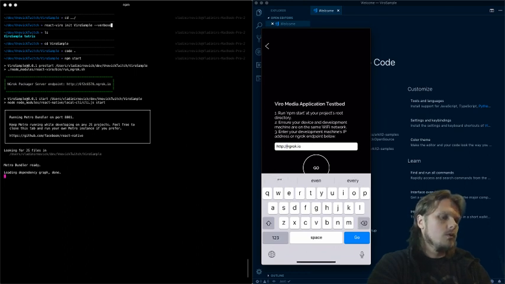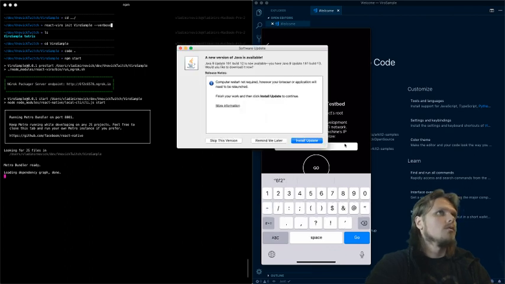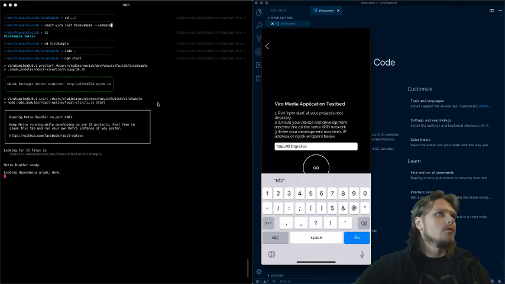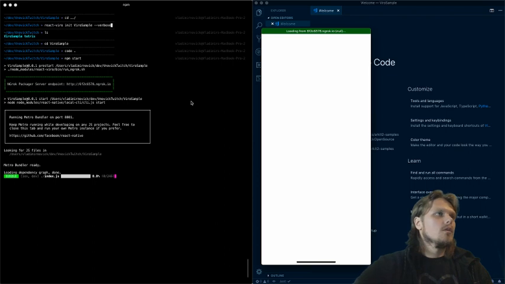So it will be 6f2, 6578. Yeah. So this will be the sample app, and if I run this app,